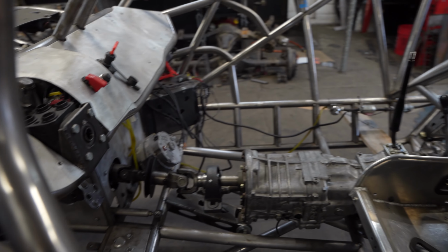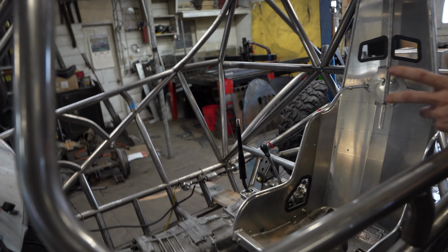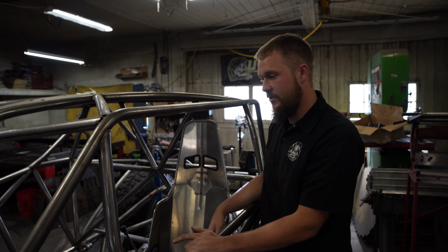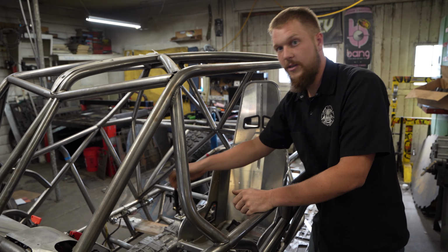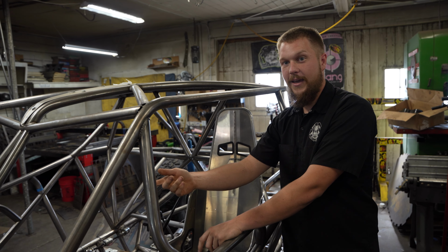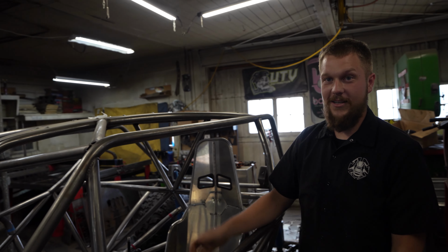Okay, and basically this transmission is acting as a secondary transmission. So you're basically splitting the gears from the motorcycle to the secondary transmission. So if you want to go slow, you'll stick it in first, row through 1 through 5. If you want to go a little faster, stick it in second, row through 1 through 5 again. Stick it in third and repeat the process all the way to 5th gear until you're basically on the